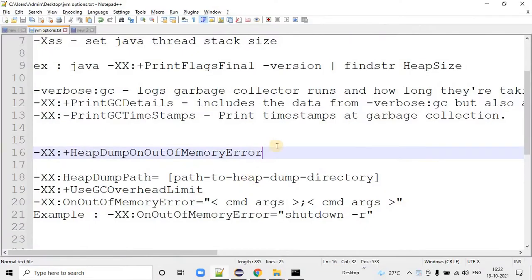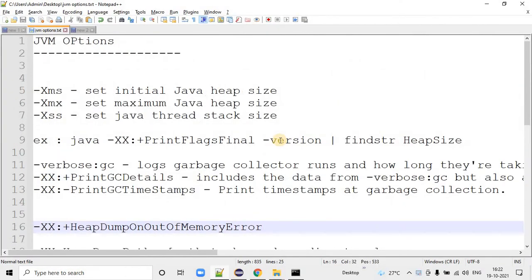Hi folks, today we will see various JVM options. This will be very important when you are running very critical applications that run for a long duration. For example, if you ran one program and after 5 days of running it, it stops, you want to know the reason it stopped. For all those things, JVM provides some options, okay?